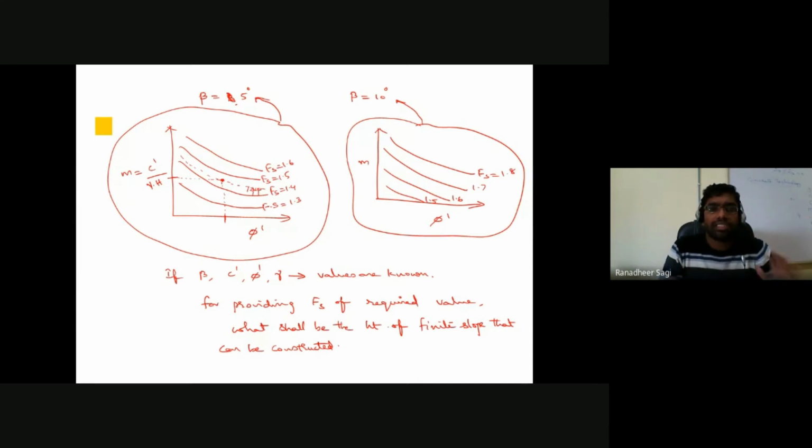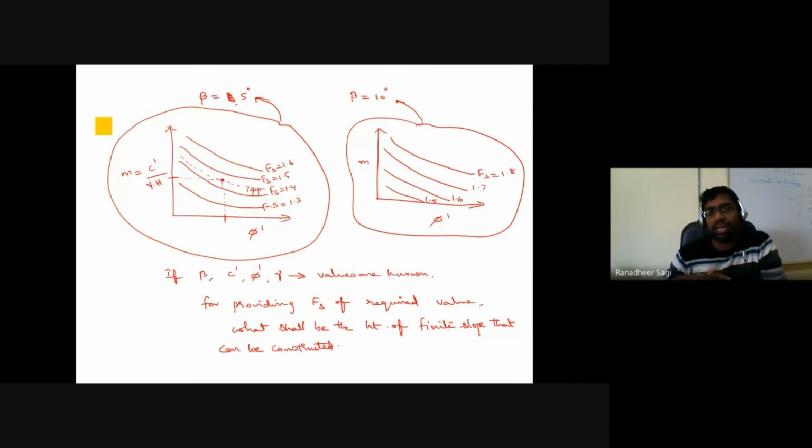And I'll say that if that particular slope is constructed with a beta angle of so and so, where the corresponding C dash, phi dash parameters of the soil are so and so, the unit weight of the soil is so and so, and the height of that finite slope you are constructing is this much, then the corresponding factor of safety you will have for your slope is something like 1.44 or 1.45. So that's how standard charts are helpful for us to understand whether the slope you are looking at is stable or unstable, or if it is stable, what could be the factor of safety of that slope.